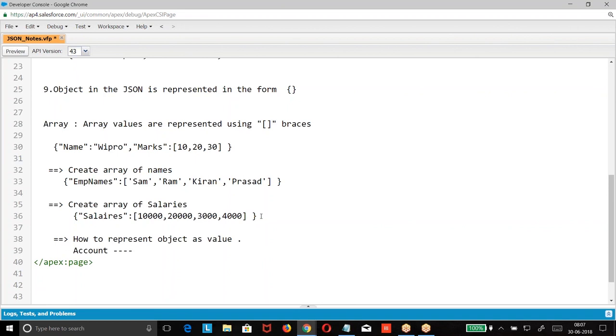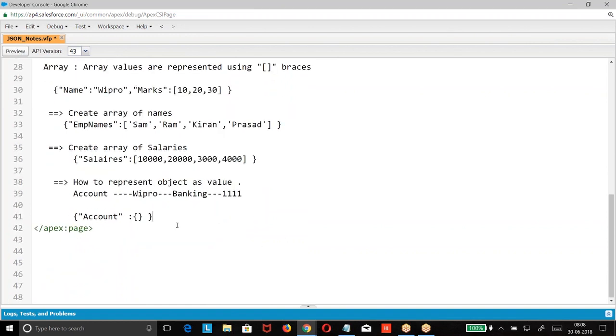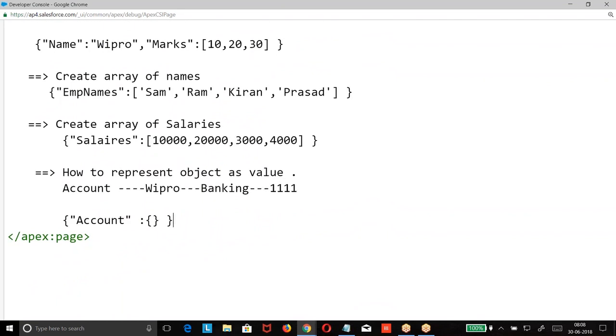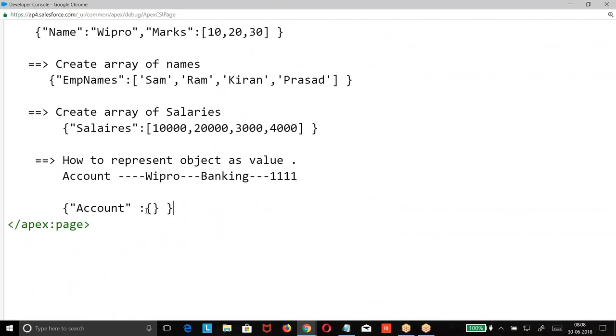Account, pro. This is the data. So how will you represent? Account, value is object. Value is object. So object will be represented with the curly braces. So in the object what we have? Name,